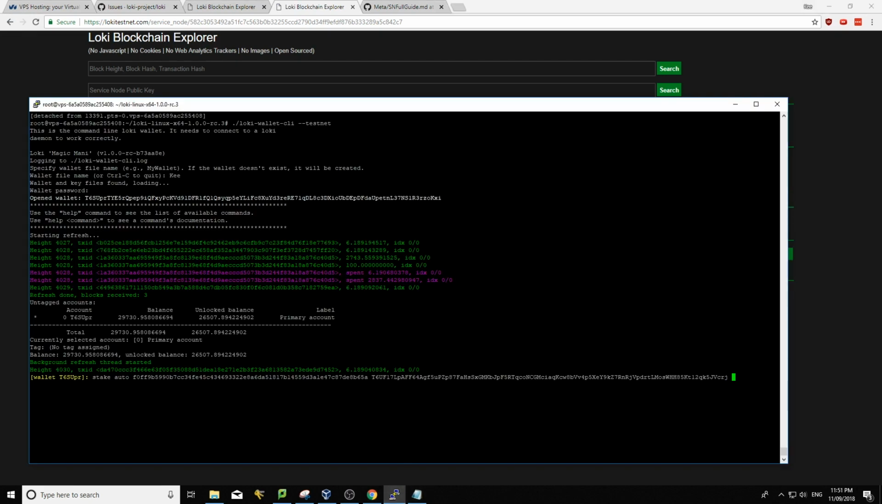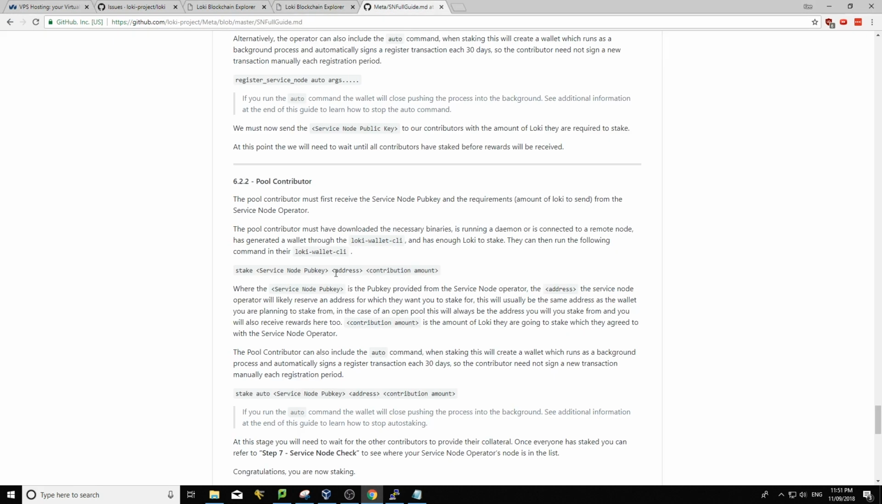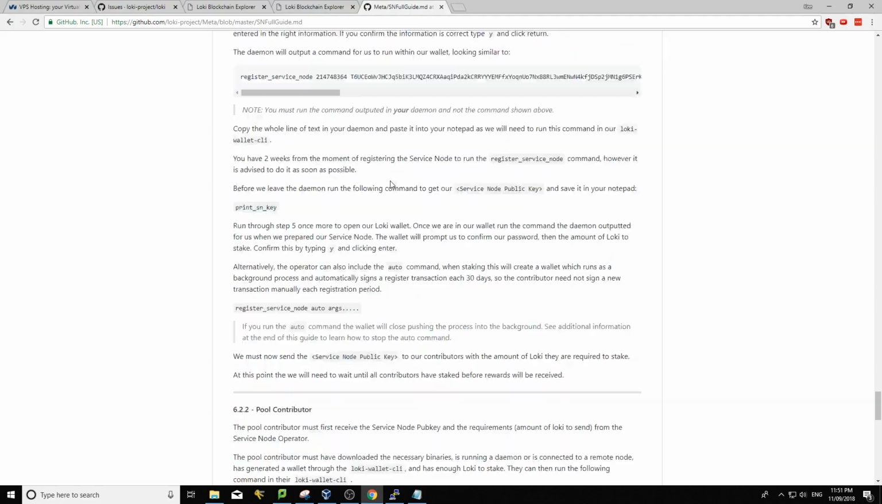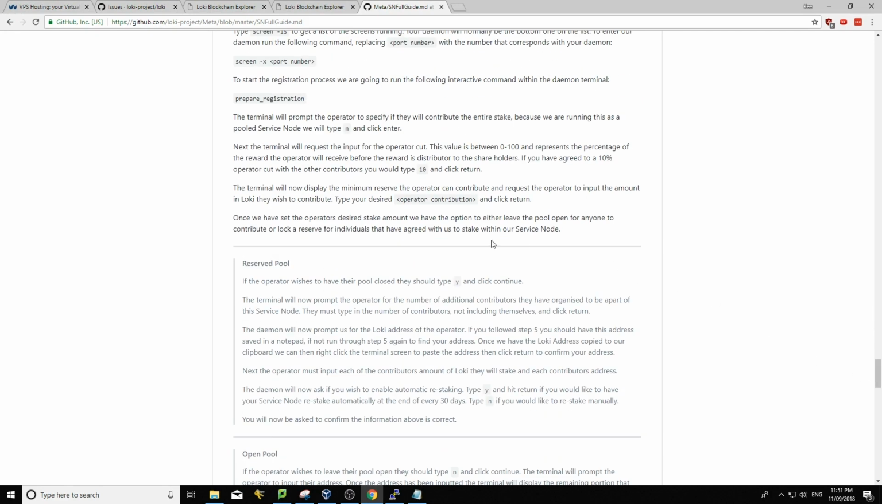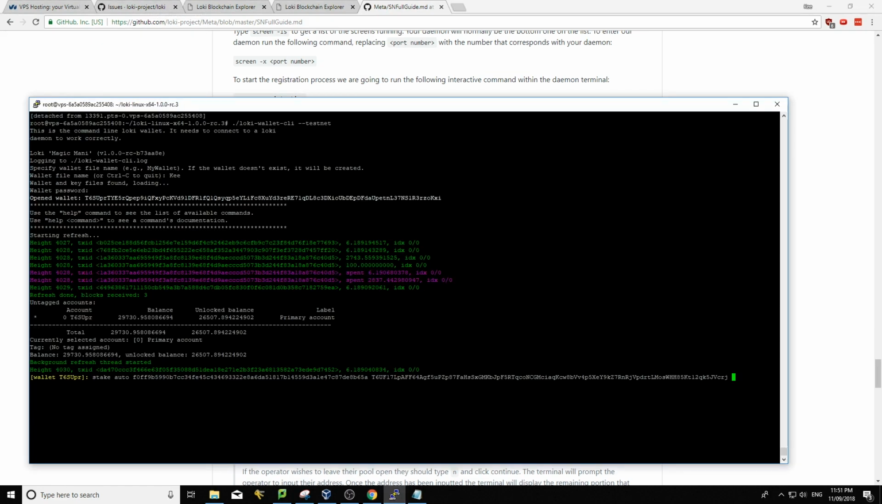And then I'm going to put my contribution amount, I believe. I'm just going to refer back to the guide here, and you can see service node, pub key, address, and contribution amount. The written guide, which is very detailed and tells you everything that I've gone through now, plus more, is going to be in the description as well, and this will be updated for mainnet as we go live. And so I'm going to put my contribution amount. This will be negotiated with your service node pool operator beforehand, obviously. So let's just say I'm contributing half of it, so I'm going to put 50,